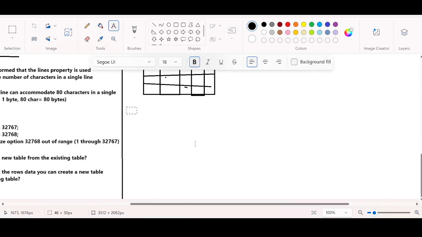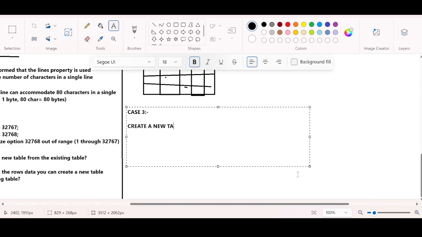Okay, case 3. Create a new table with the specific rows. I want to select only the specific rows. Syntax is same. One small modification will be done. Syntax is going to be what? Select, not select, create table, okay, new table